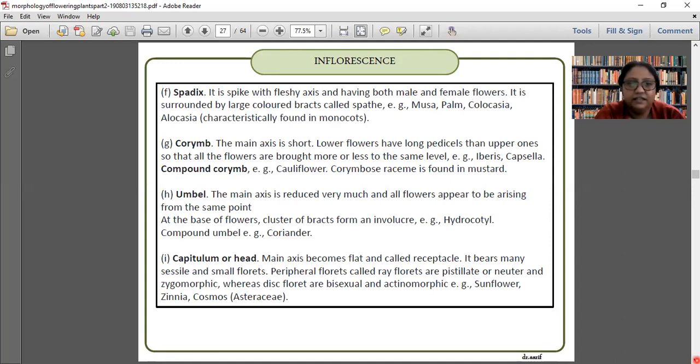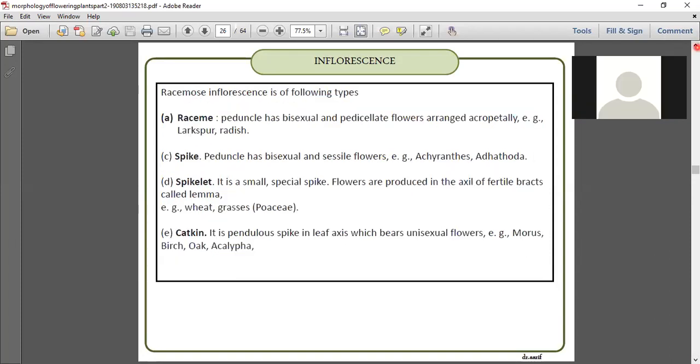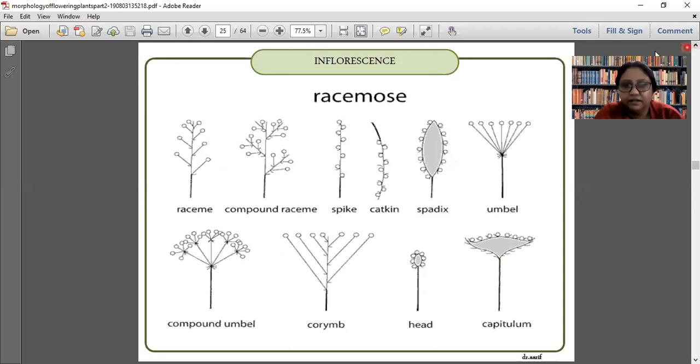Okay. Then corium is present in cauliflower. ये तो आप कभी नहीं भूलोगे. Cauliflower मम्मी घर पे लाती है, देखा आपने? Corium. Let me go back. ऐसा होता है कि नहीं होता है cauliflower?